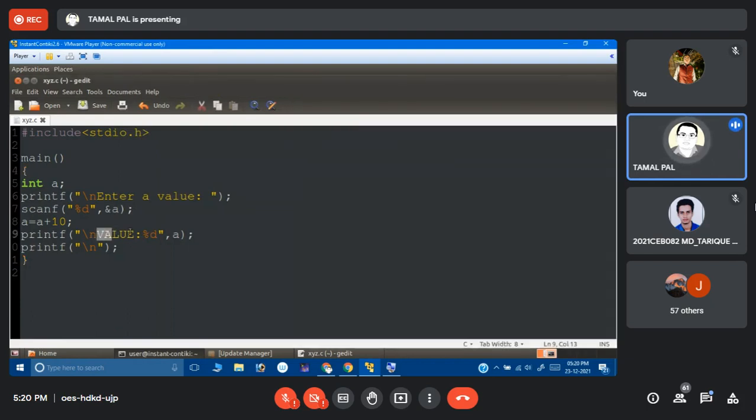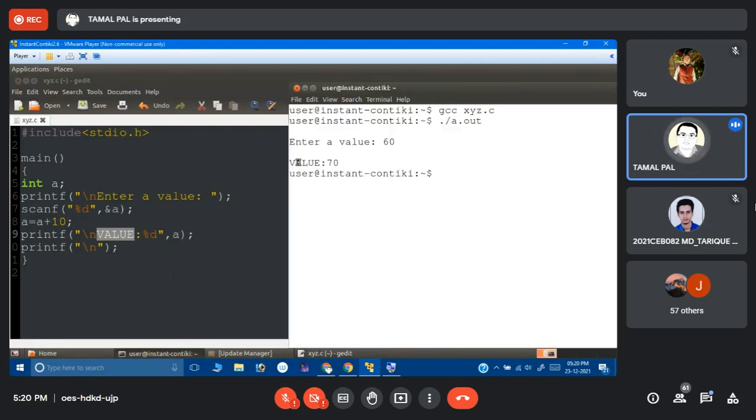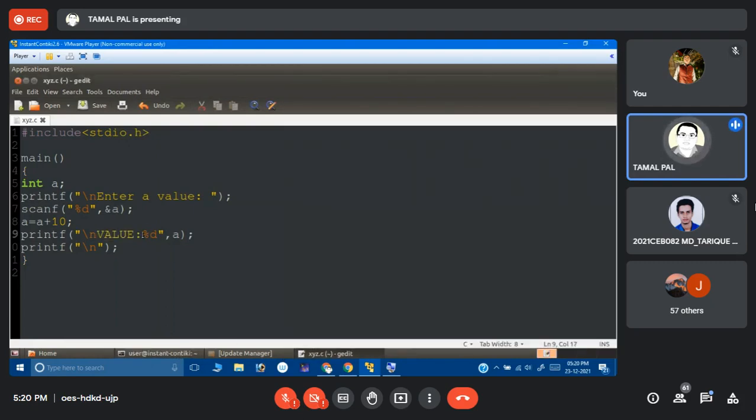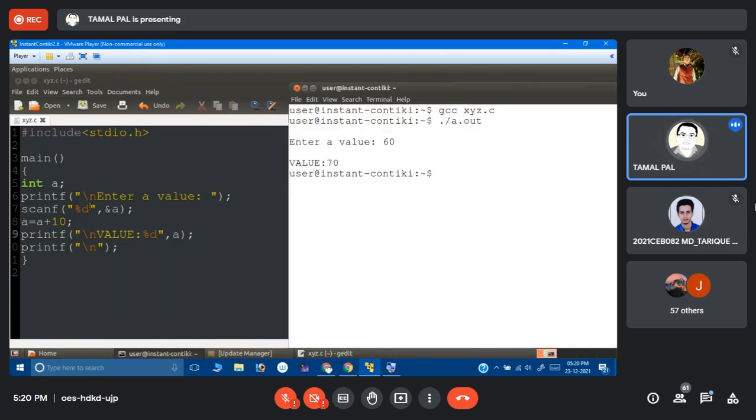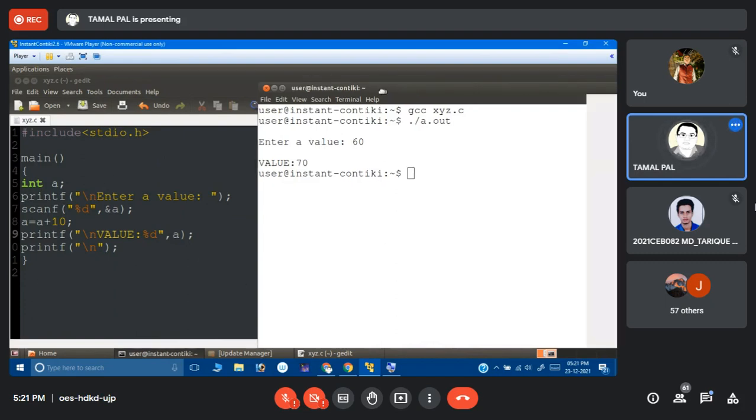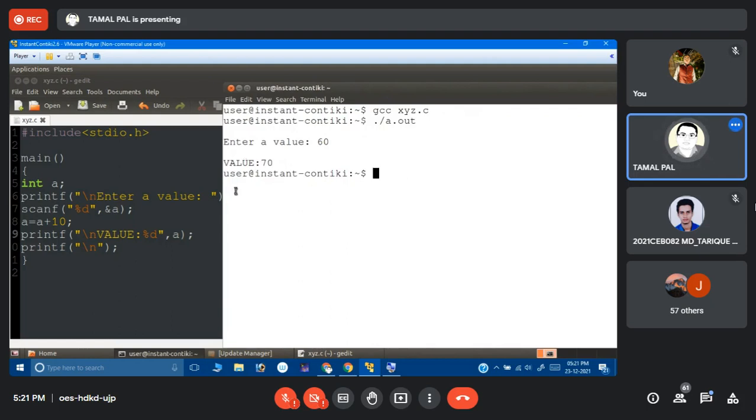Here I have written value, that's why it is the value here. I have written colon here, that's why it is the colon here. I have written value here and space here, that's why it is appearing. So I can also format our user interface according to our requirement.